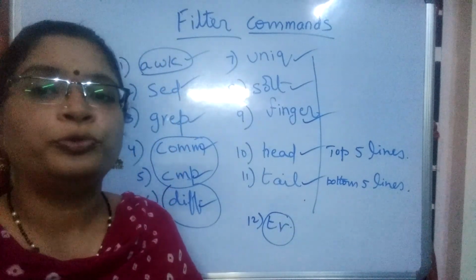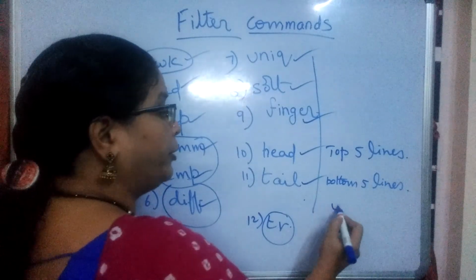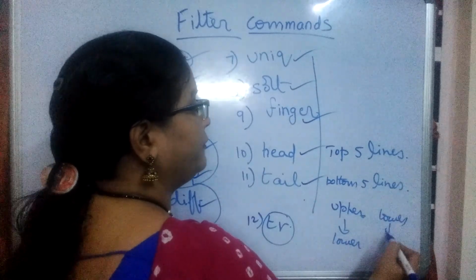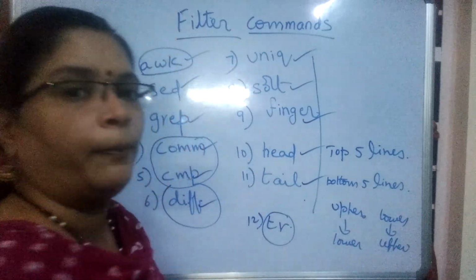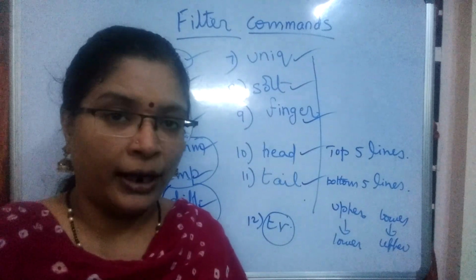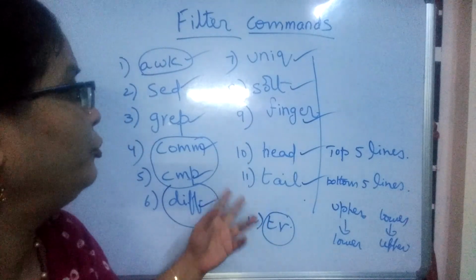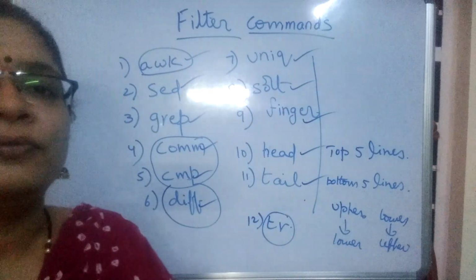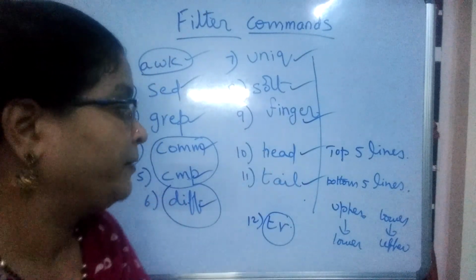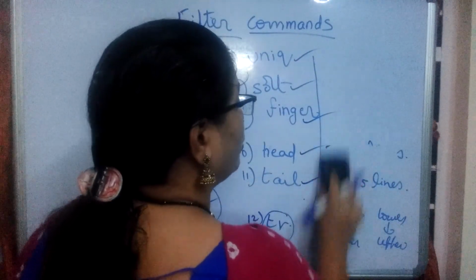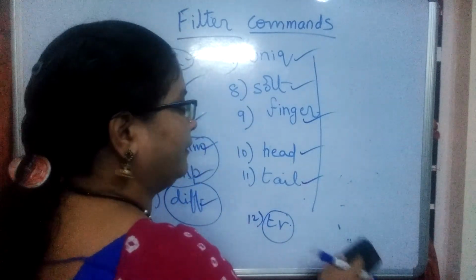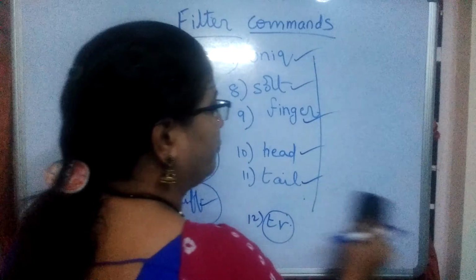Tr command is used to translate the text from upper to lower or lower to upper. So lowercase text will be translated into uppercase, and uppercase will again be translated into lowercase. Like that the command can be used. So these are the various kinds of filter commands that we are going to use in our Linux operating system. And some more commands are also there. That also you will see, 2 commands are there. Those are cut and paste. That also we will discuss now itself.